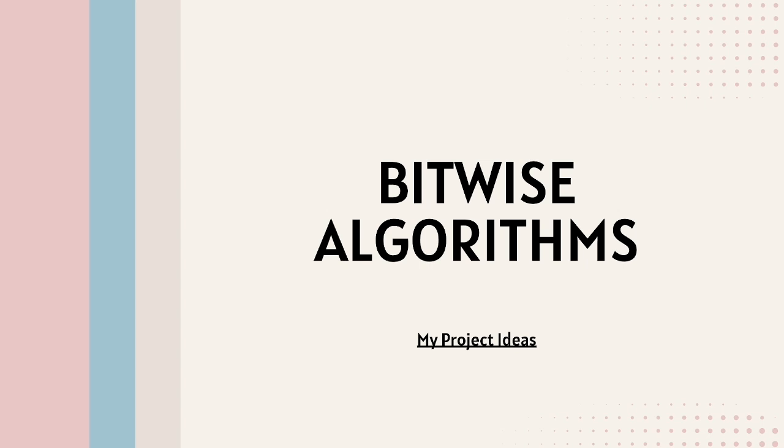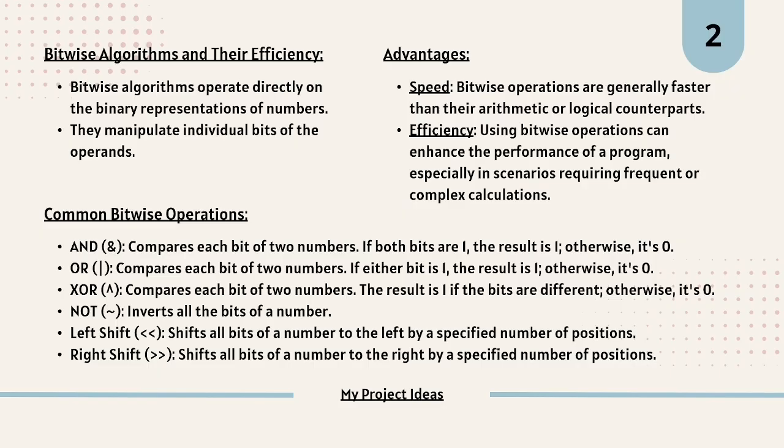So, we are in our third chapter right now, the third topic, which is bitwise algorithms. In the previous two videos, we already discussed the bitwise operations, the XOR and OR operations, how to left shift, right shift, what that means, and so on. In this particular video, I'm going to speak about the algorithms associated with the binary representation, the bitwise algorithms. So let's see. Why are bitwise algorithms efficient?